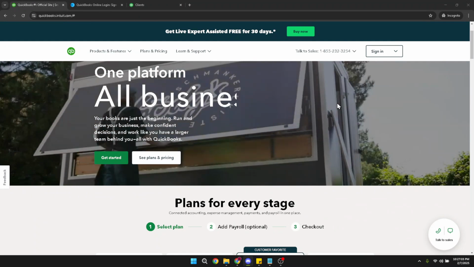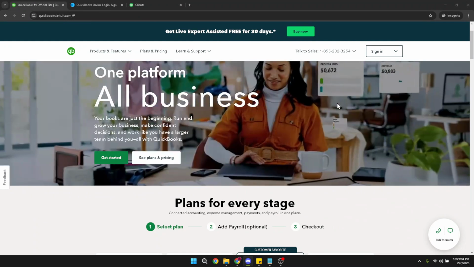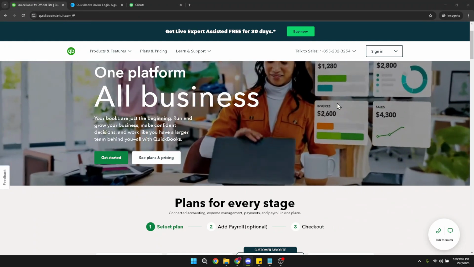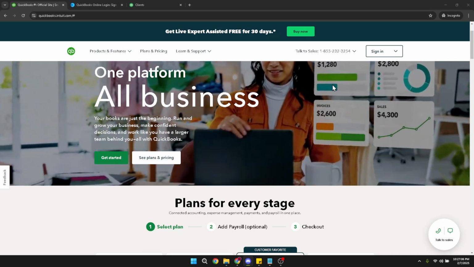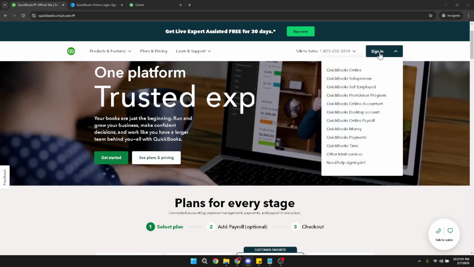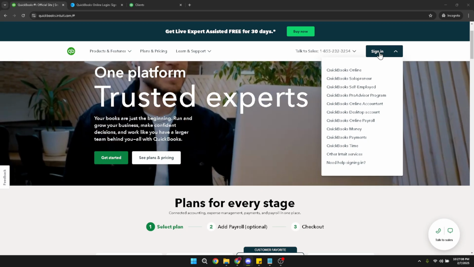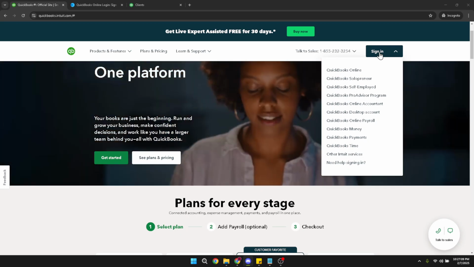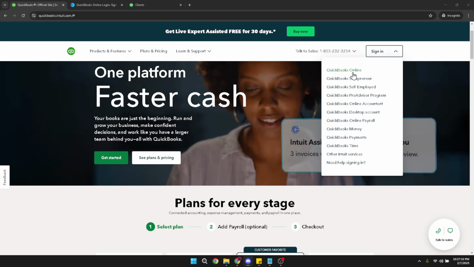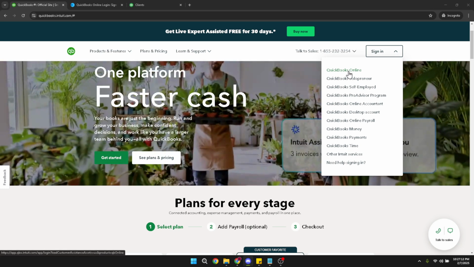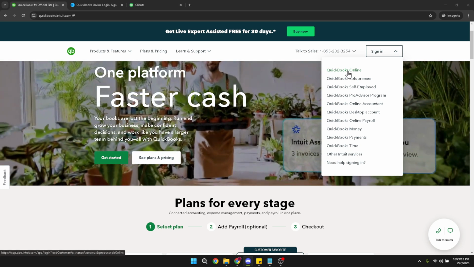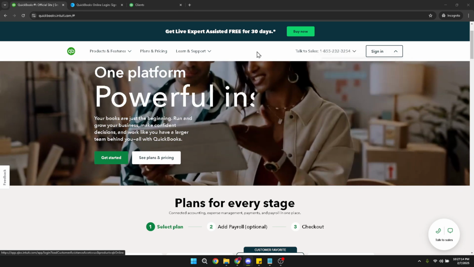Let's dive right in. First, on your QuickBooks Online account interface, you want to locate and click on the Sign In option. This is your gateway into accessing all the wonderful features QuickBooks offers. After clicking Sign In, you'll want to choose QuickBooks Online from the options provided. It's important because QuickBooks supports multiple platforms, and choosing the right one leads you to the correct interface for this